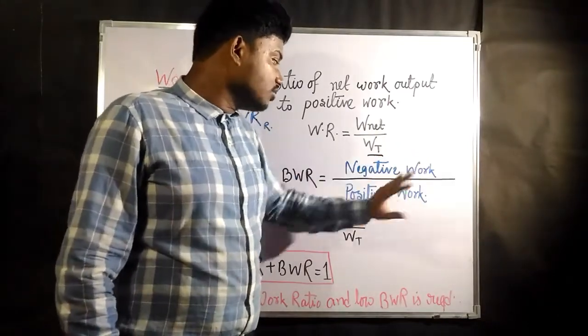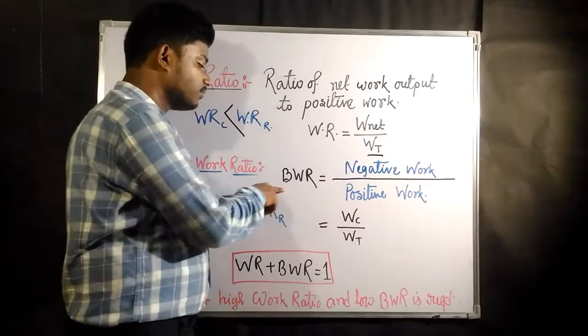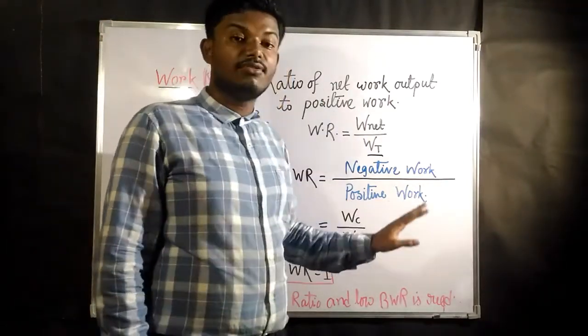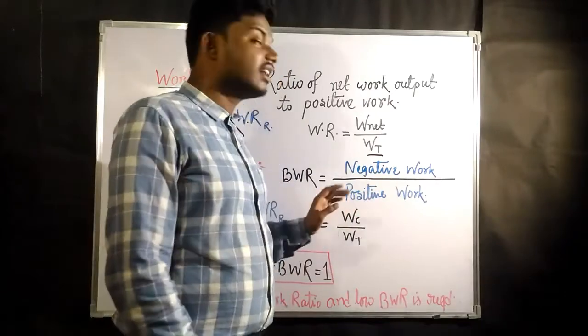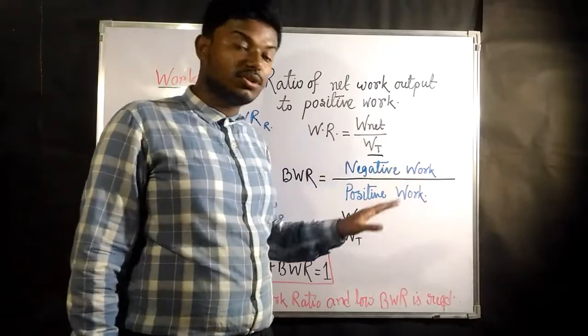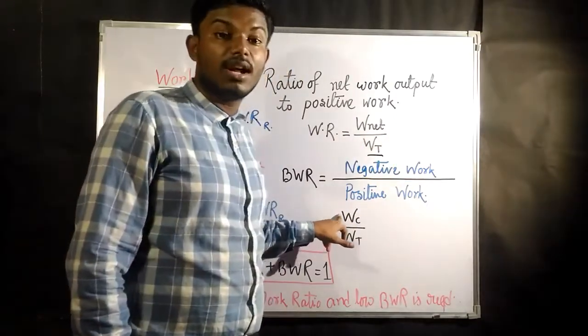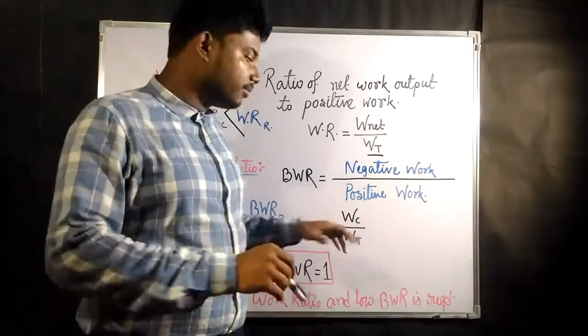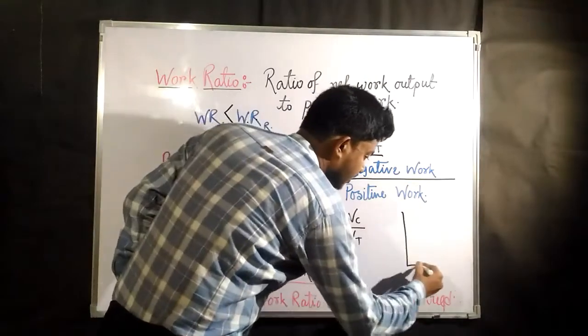So the ratio of these two is known as the back work ratio. Now, consider for which case the back work ratio is going to be higher. As you have seen on the last board, the work done by the compressor for the Carnot cycle was higher. If you remember the comparison,